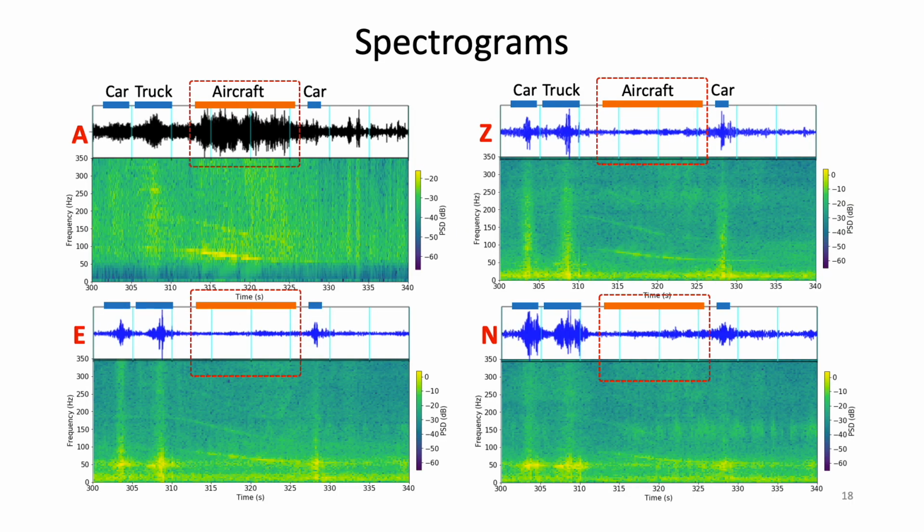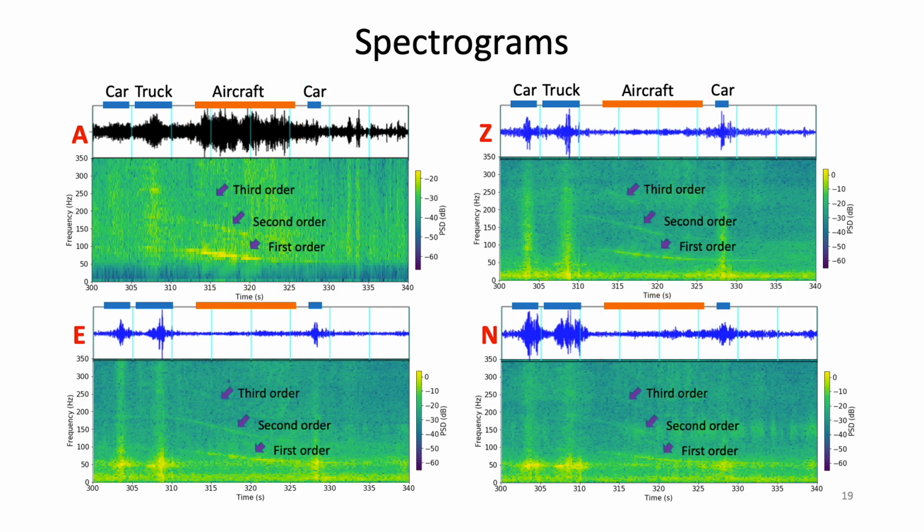Now go back to the spectrogram of one single geophone. To our surprise, the airplane signal, which seems to be undistinguished in the time domain, is clearly visible on the spectrogram of all 3 seismic components. We can identify 3 order harmonics of the airplane. Affected by the Doppler effect, the received harmonics shift from the high frequency to the low frequency.